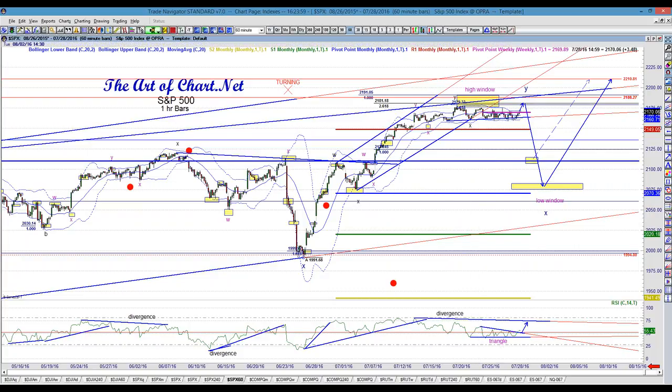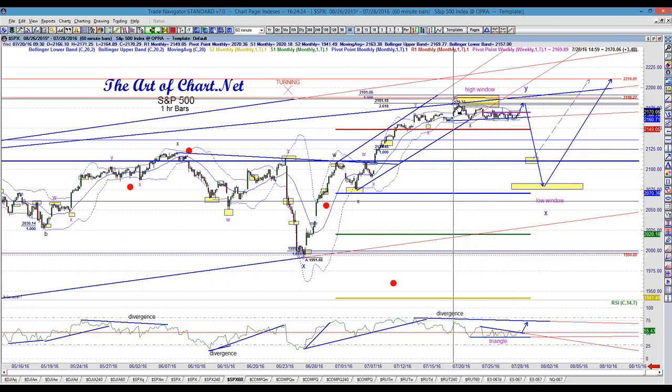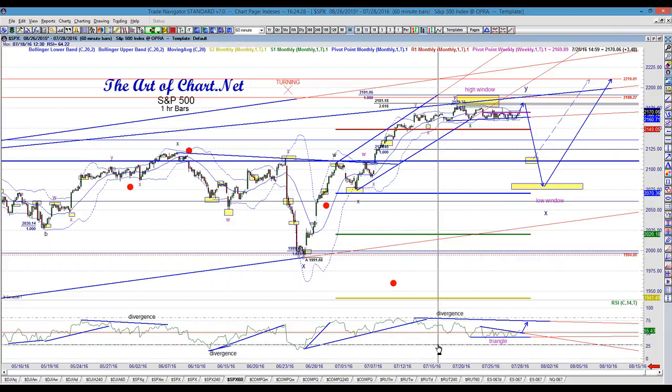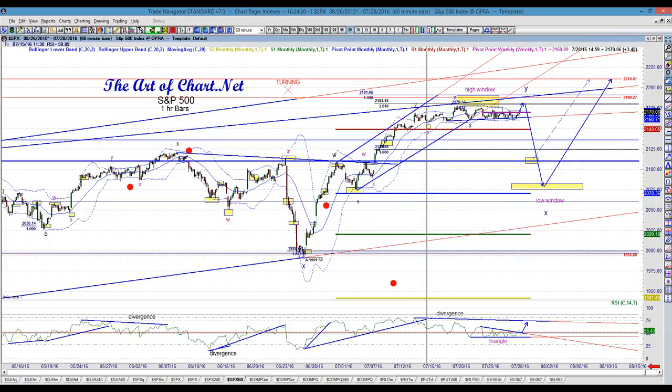A triangle typically, in an Elliott wave sort of mentality, happens with a compression of RSI. I see a lot of folks identify triangles, but they don't identify triangles with a compression in RSI. Without the compression, you don't have a triangle, in my opinion, okay? So triangles compress and then they thrust, and what begets the thrust is the compression in RSI, okay? So we clearly have a triangle here. We clearly have compression. And by the way, I have not introduced the whole concept of an RSI price cycle,